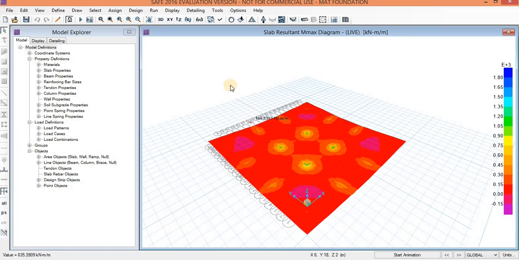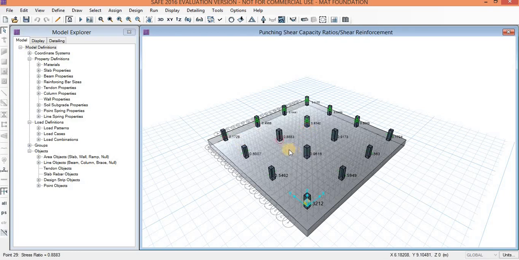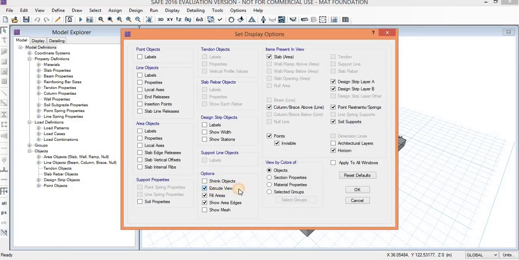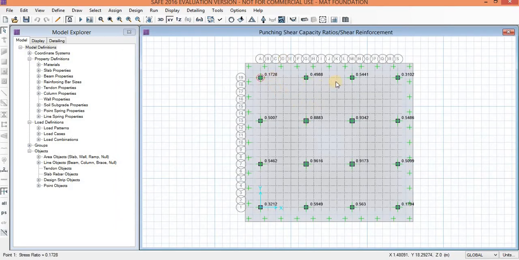Similarly, now I will show whether the punching shear stress value is less than 1 or greater than 1, that is, whether my analysis result has failed or successfully passed. Click on show punching shear design. I will first unextrude it and keep it in the XY plane. As you can see, my punching shear value is less than 1, that is, it has successfully passed.